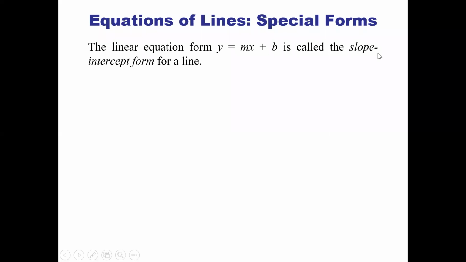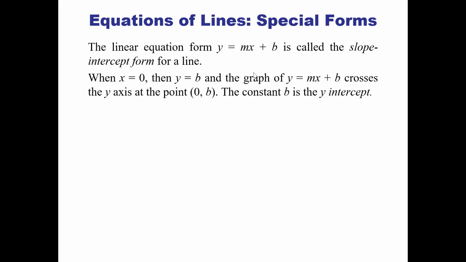All right, so here we're back on equations of line special forms. The linear equation in the form y equals mx plus b is called the slope-intercept form for a line. And we talked about that before, where that's the slope and that's your intercept. Now, when x is equal to 0, basically that goes away and you get y equals b. And the graph of y equals mx plus b crosses the y-axis at the point (0, b), where the constant b